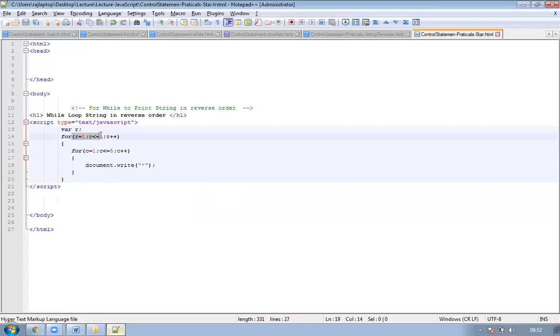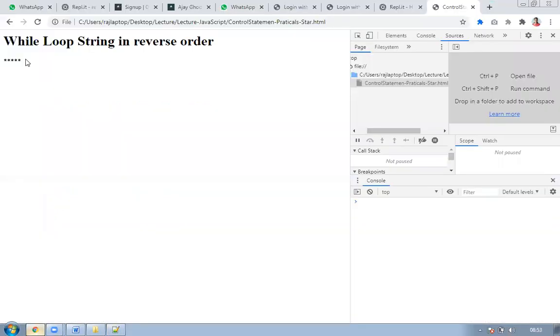The outer loop executes one time and the inner loop is going to execute 5 times. Again the outer loop executes one time, and again the inner runs from 1 to 5. So again 5 times, third time again 5 times, fourth time again 5 times, fifth time again 5 times. So 5 into 5 becomes 25 times. If I save this program and refresh it, I'll get 25 stars.